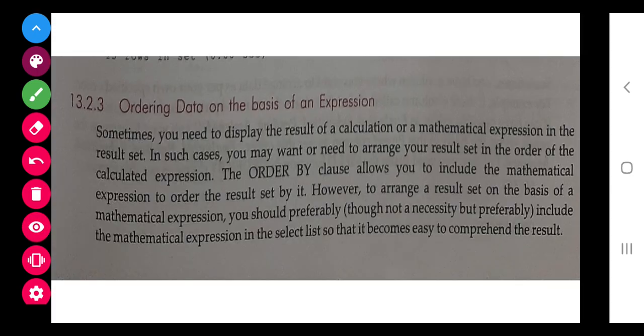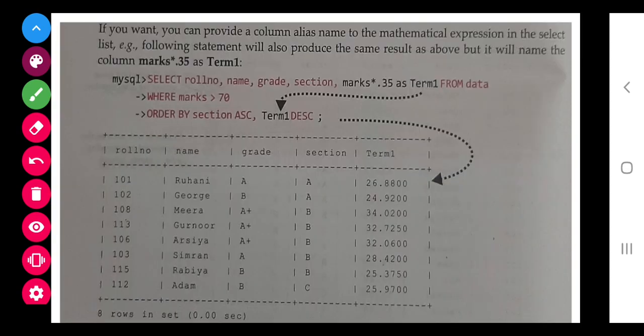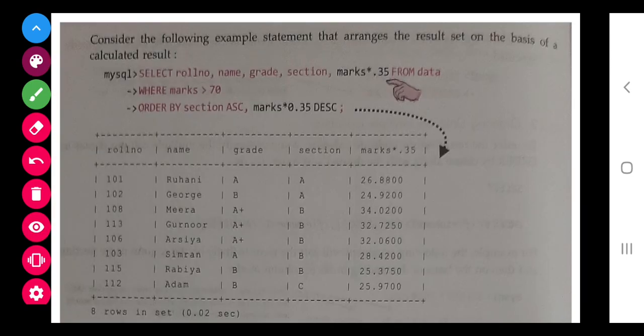Next is ordering data on the basis of expression. So class, see, nothing new in this. They have given 35% of marks as term 1. So here they have written term 1. In the previous example it was written marks multiplied by 0.5, and accordingly, as you can see here, they have written this.